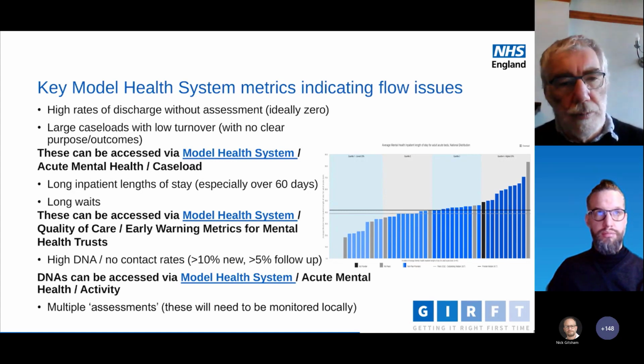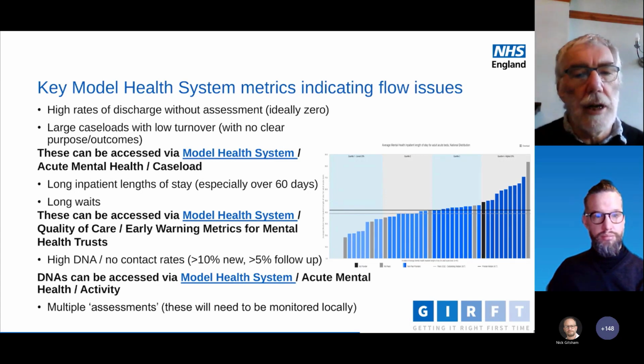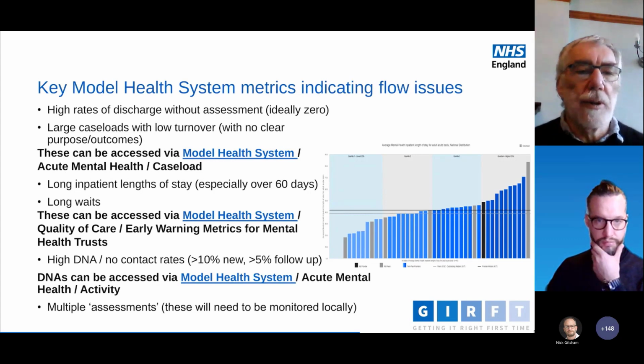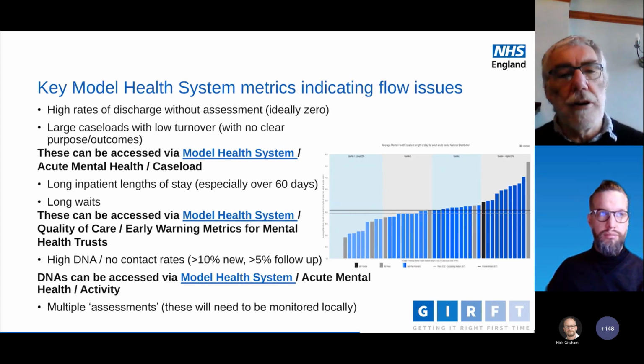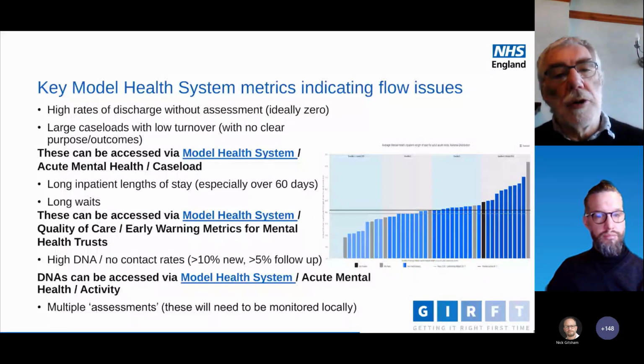And as we said multiple times, multiple assessments are an absolute waste of resources. They are actually very insulting to people. They make people feel they've not been heard. They make families feel they've not been heard. And in terms of trauma-informed care, asking people over and over again about horrible things that happened in their lives is a very good way of inducing trauma. So we need to cut them out. We need to have a good assessment at the beginning, getting it right first time, and then only build on that or modify that as things change.